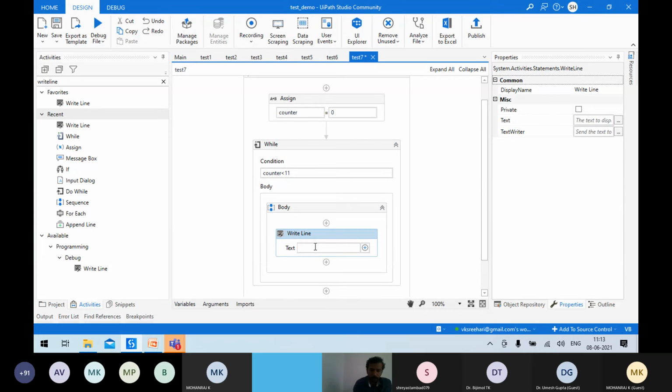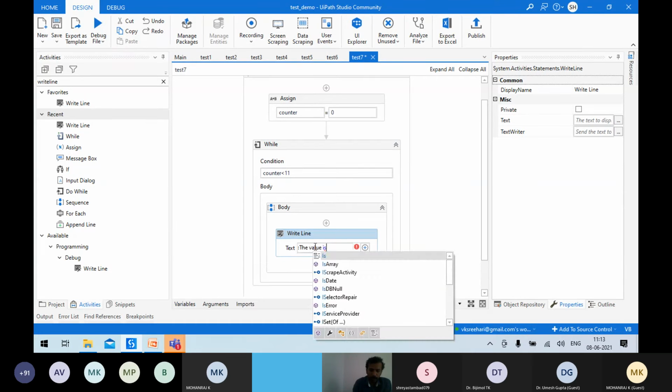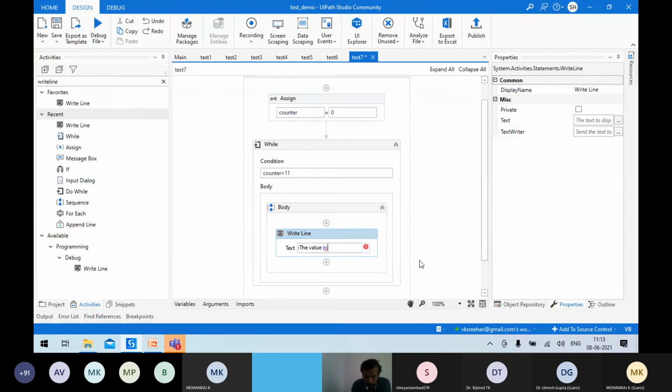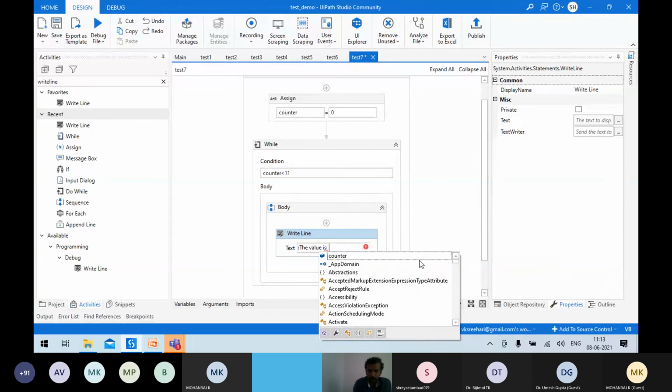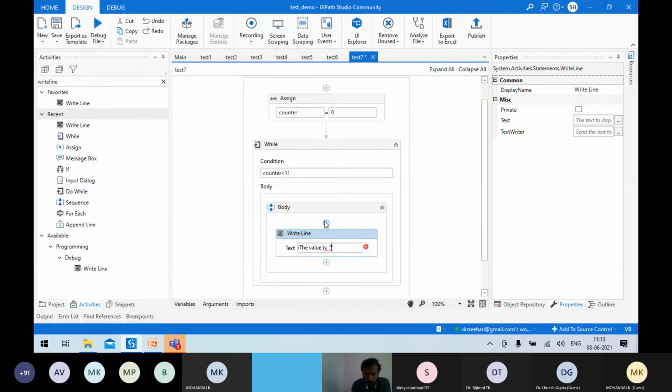In the text, you just type the value is, and then you have to put the value of counter here.